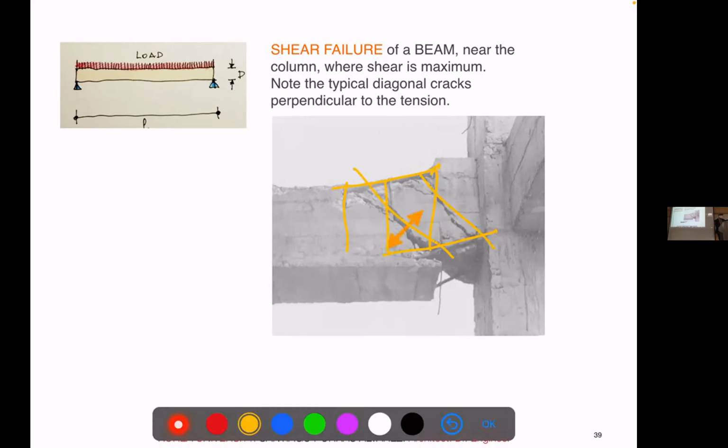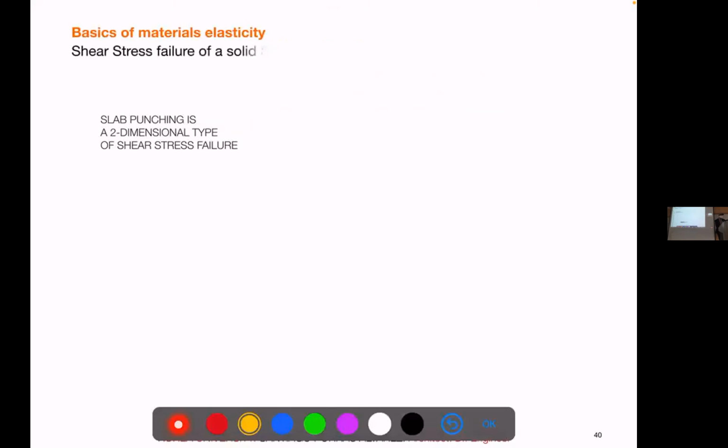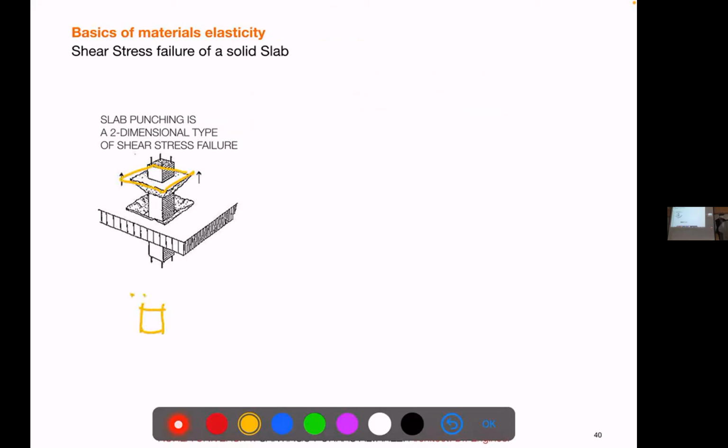So we had this kind of activity in class, right? In which we said, how would be the punching of a two-dimensional slab? This is exactly the same in 3 dimensions. Calculating is a bit more challenging, but because of practice and theory, we know that it happens around the column. So usually we consider the punching fracture happens at about the depth of the slab, more or less, or half the depth. It depends on the codes, right? It's the most critical area because it doesn't happen next to the column, it happens a bit behind.